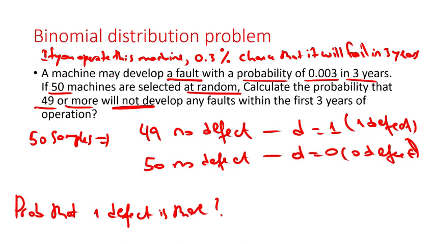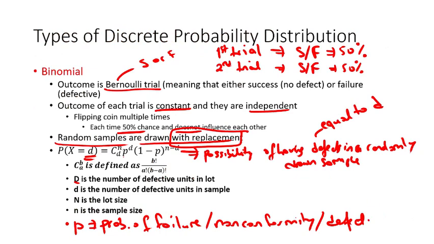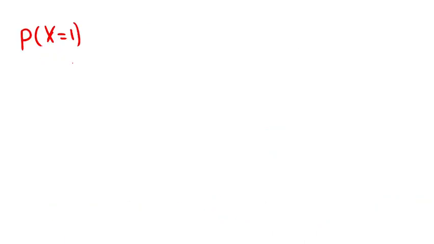Okay, let's now solve it. So firstly, I will start with the probability that we have 1 defect, and then the probability that we have no defect. Okay, let's start with the first one. We have 1 defect. If you remember the formula, X is equal to 1. If I go back, D is the number of defects, and N is the sample size. Sample size is 50 and number of defects is